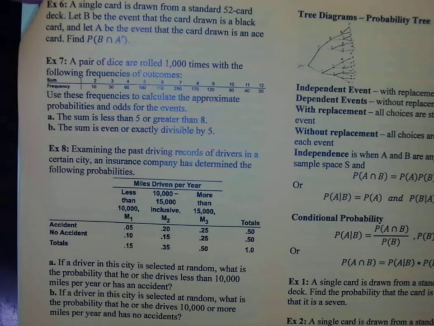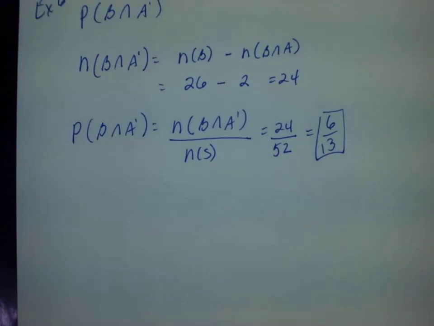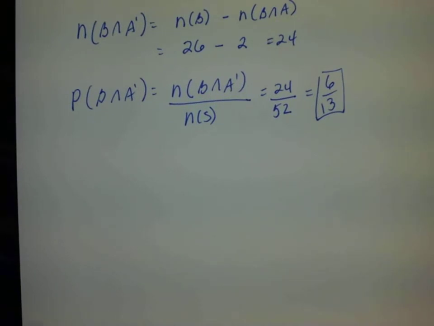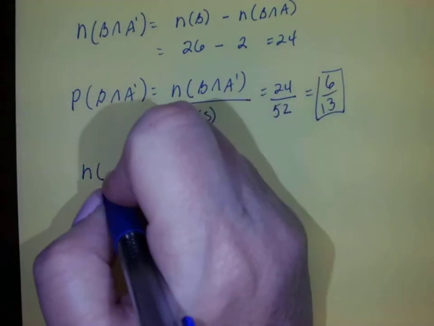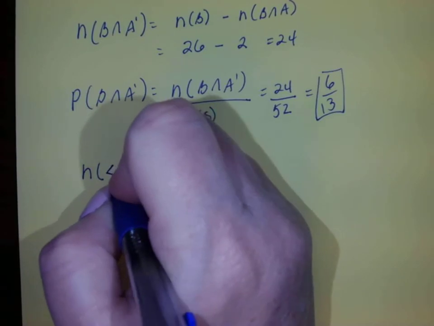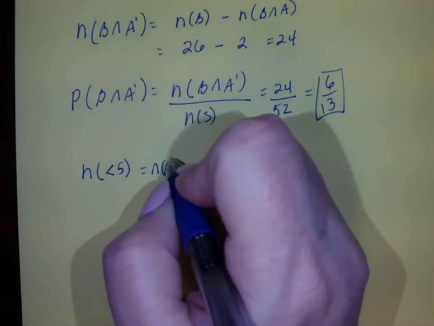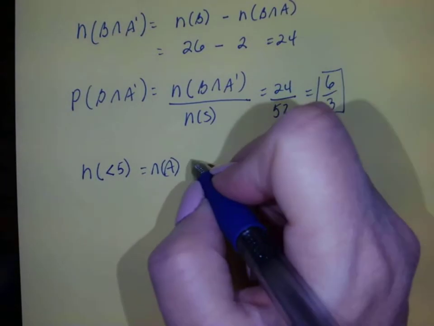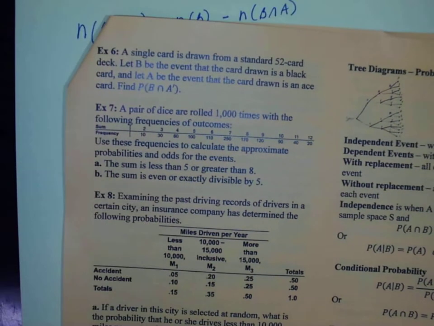So let's go make some lesson. For the video, I don't know how easily it is to see those numbers, but I will help you out. And if you're in my class, you have the handout. So first of all, we're looking for the number that are less than 5, and we're going to call that event A. So on the less than 5, and we're looking for